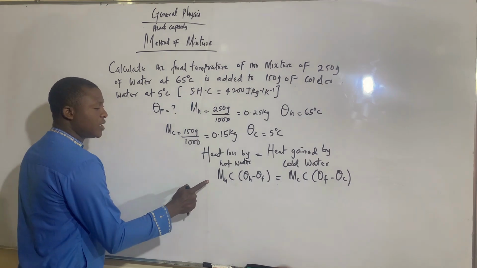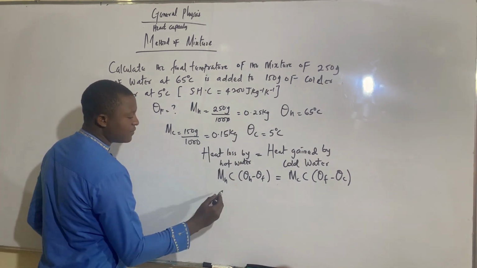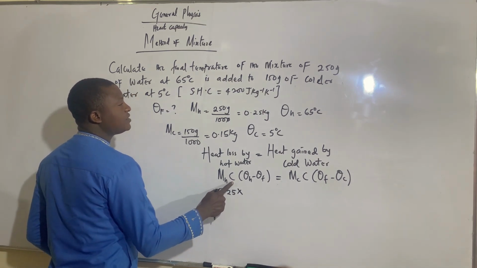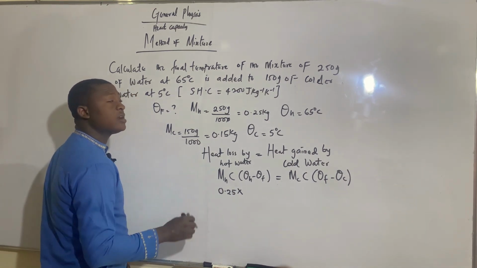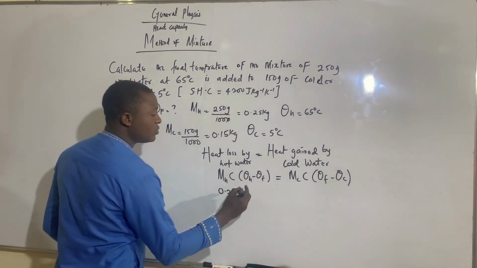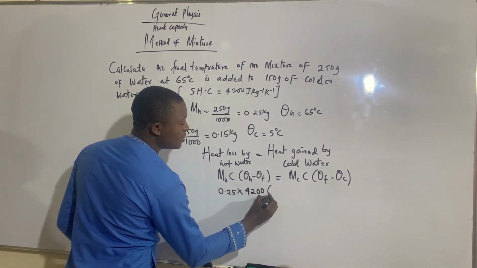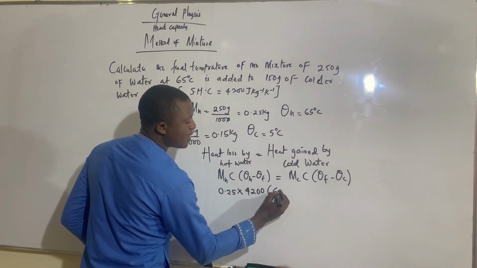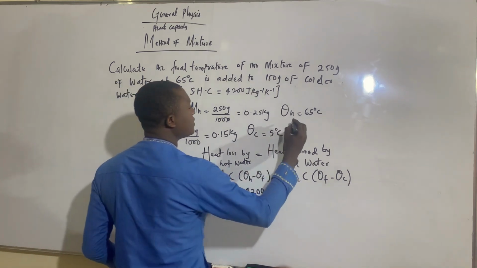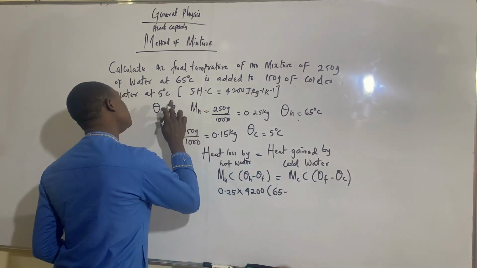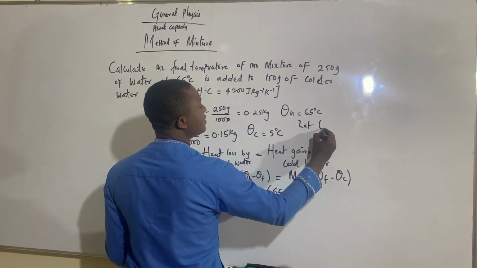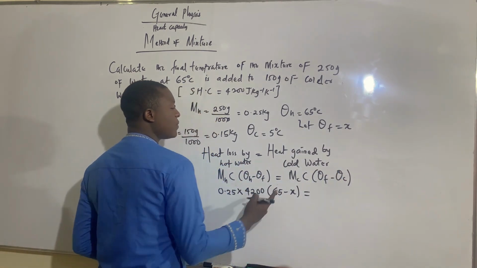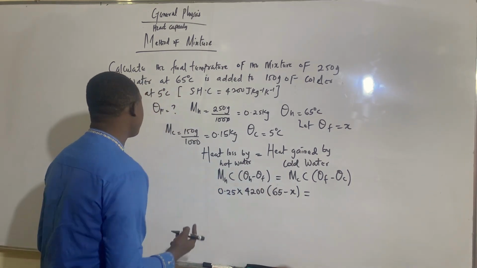gaining. So from the data we have, the mass of hot water we have here is 0.25. That means that we have 0.25 multiplied by, so our C that we have, C of water is the same, either hot water or cold one. So from the data we are given the value to be 4,200, bracket of the temperature of hot water, we have it to be 65. So I'm looking for the final temperature. I can say let the final temperature be X. So here I can have minus X is equal to, so mass of cold water,